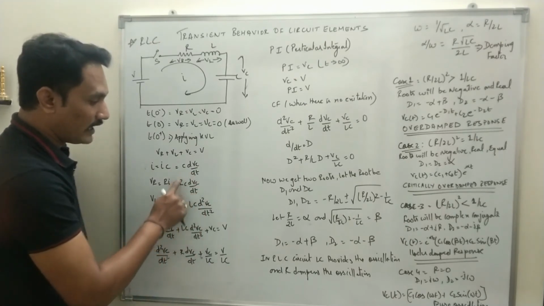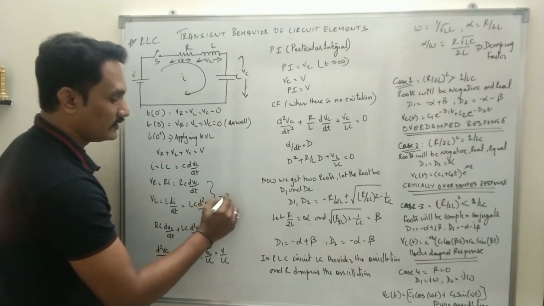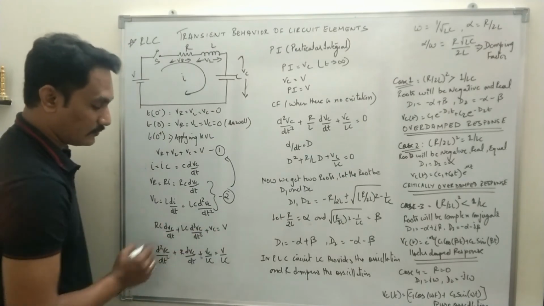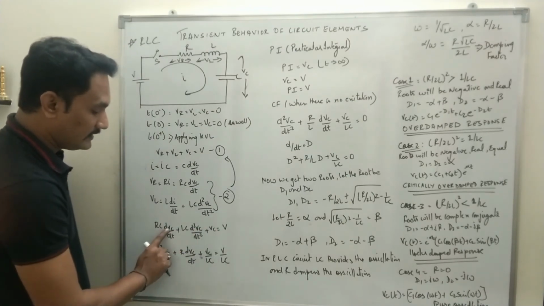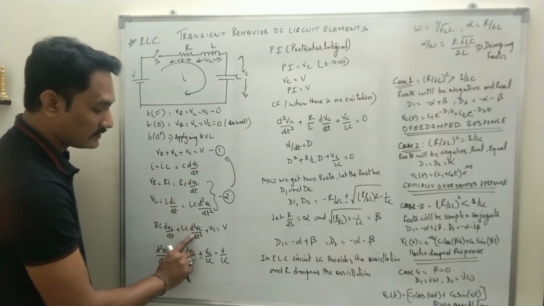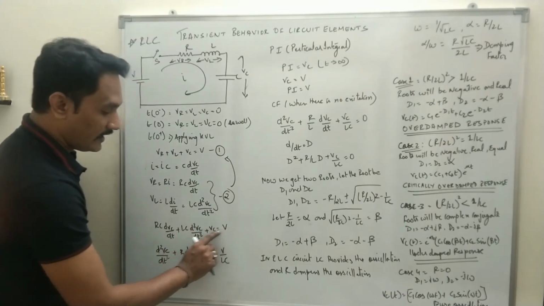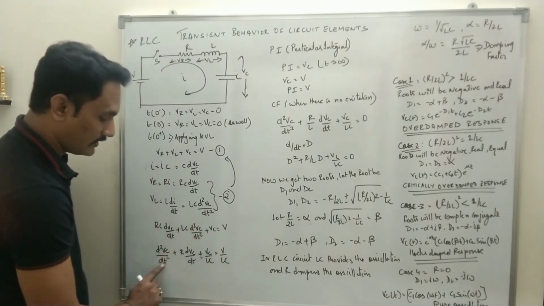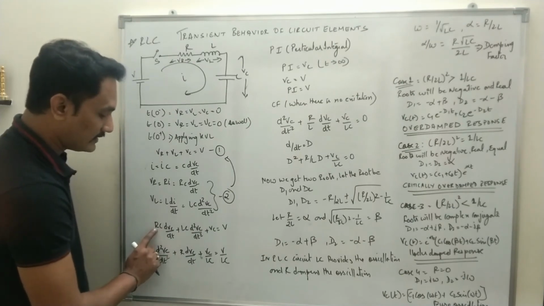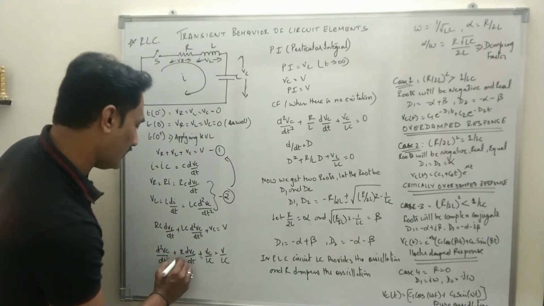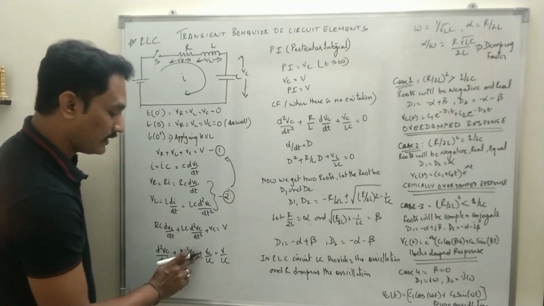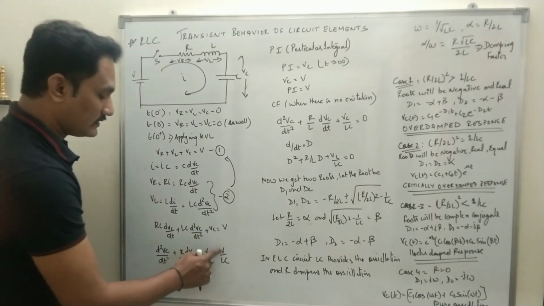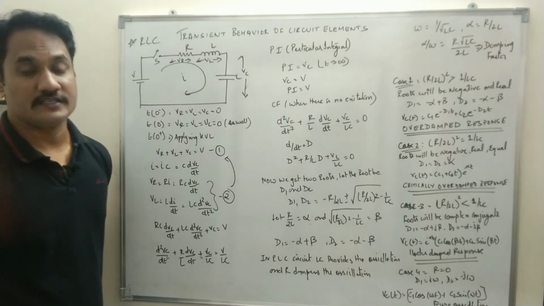So substituting these two values, let this be equation 2, let us substitute equation 2 in 1, and you get this equation: RC dVc by dt plus LC d square Vc by dt square plus Vc equals V. If you divide this equation throughout by LC, what you are going to get is d square Vc by dt square plus RC upon LC, where C gets cancelled, it will be R by L dVc by dt, plus Vc by LC equals V upon LC. So of course this is a second order differential equation.